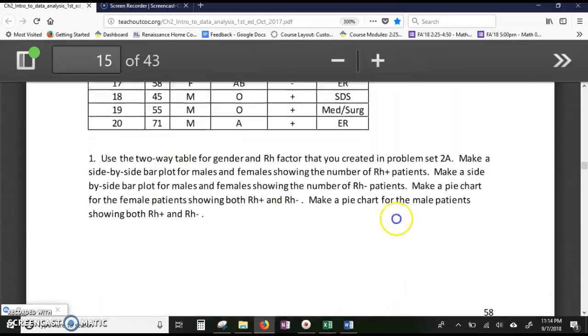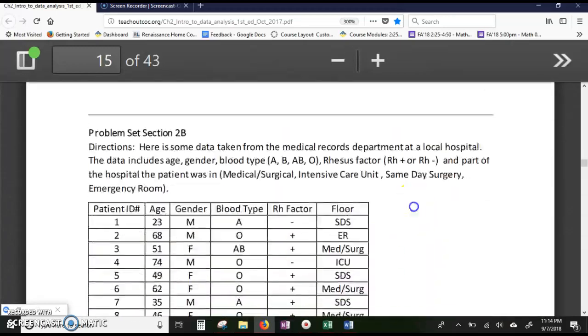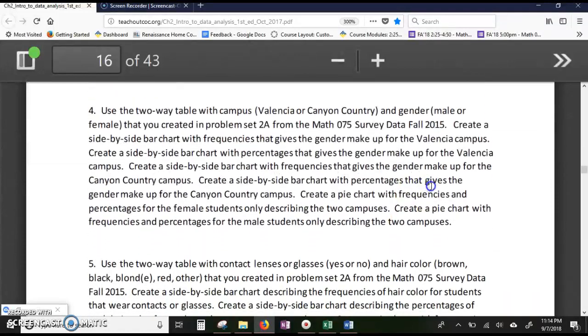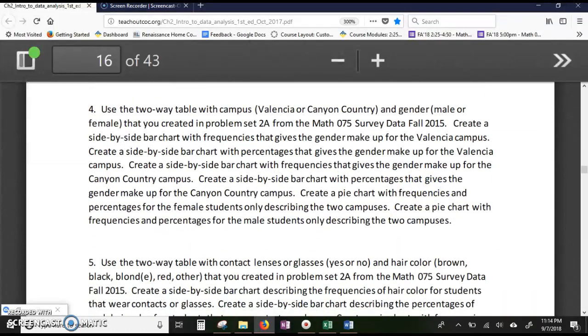In section 2B, starting with problem numbers 4, 5, and 6, we are asked to include bar graphs with percentages. In fact, with this problem, we're asked for